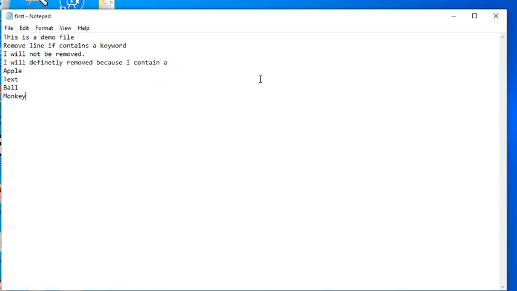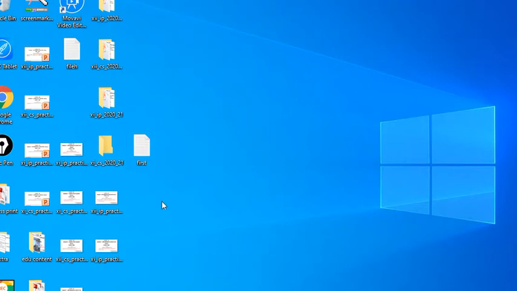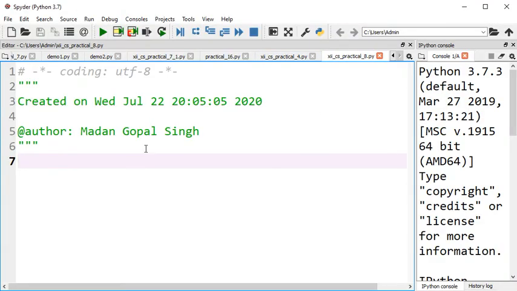So this is the first.txt I have created and saved with this content. Now see, on my desktop I haven't created the second.txt file. If I run the program I am writing, it will create another file, second.txt, containing the lines that have the a, and first.txt will contain the lines that don't have the a anywhere in the line. So let's try to write this.